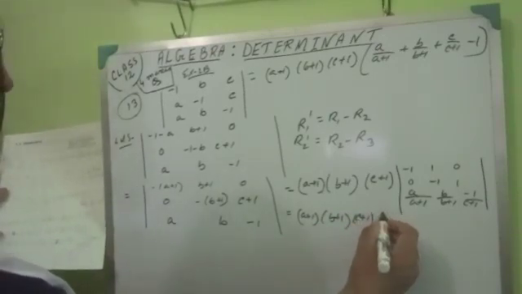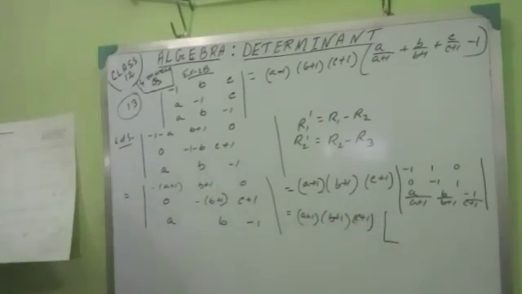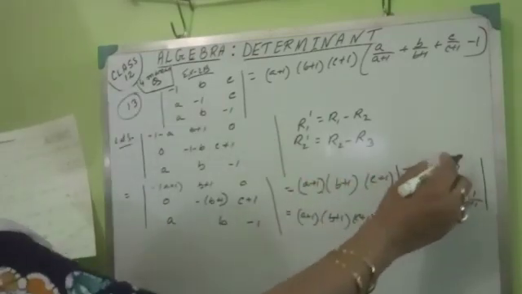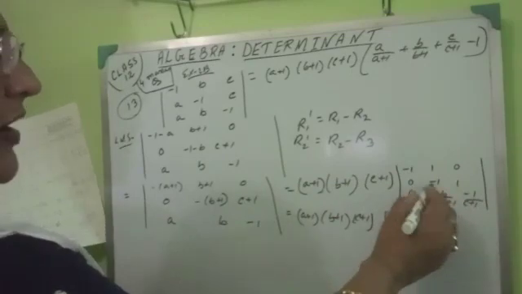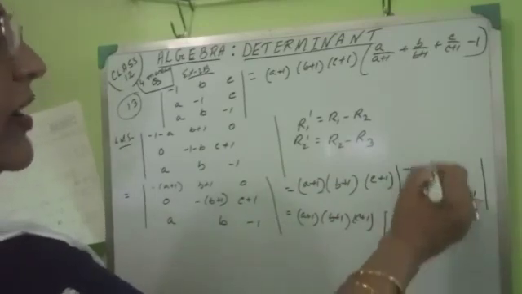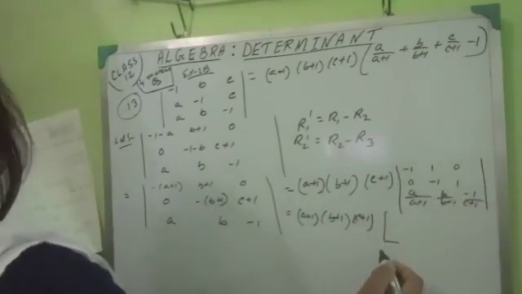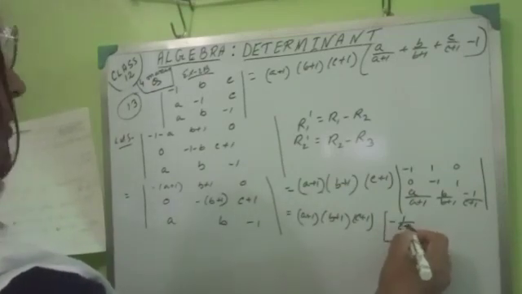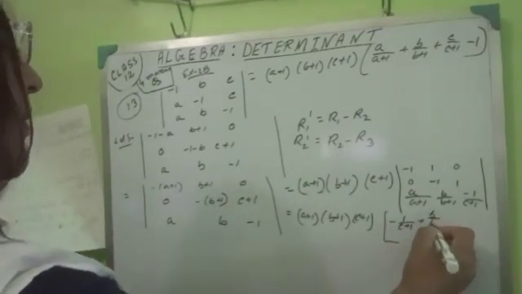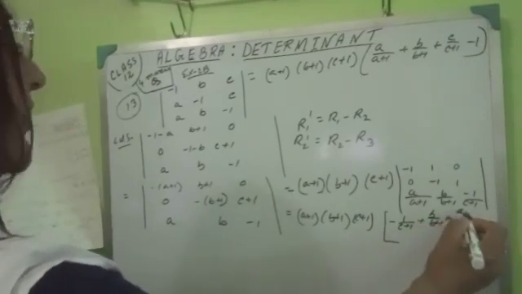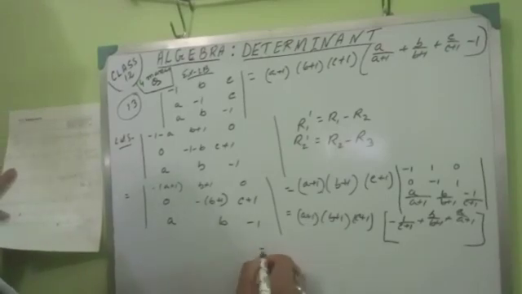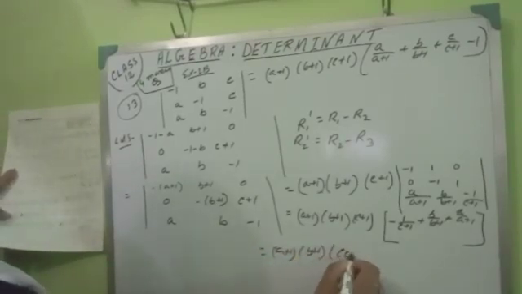Now expand. Okay, minus 1, expand with respect to the first row. Then minus 1 into minus of 1 by c plus 1, minus of 1 into b plus 1. And ultimately what we will get? Let me write this part. C plus 1, b by b plus 1 you will get, plus a by a plus 1. Okay, then a plus 1, b plus 1, c plus 1,